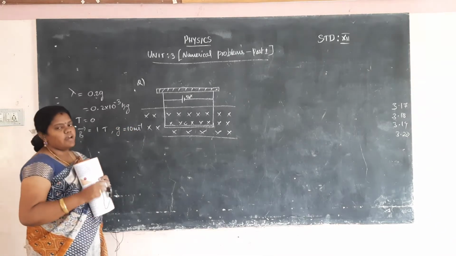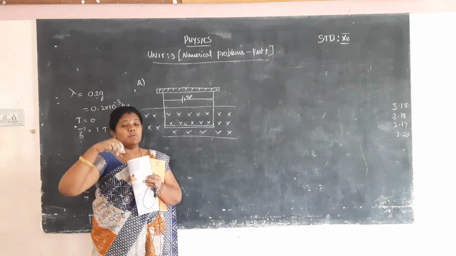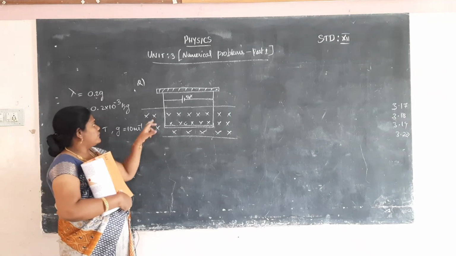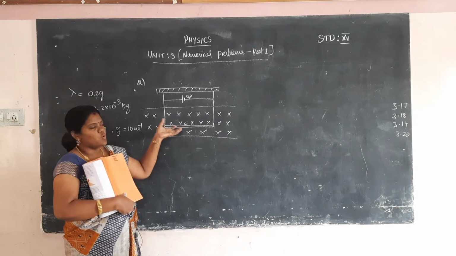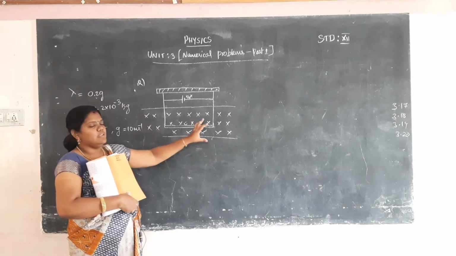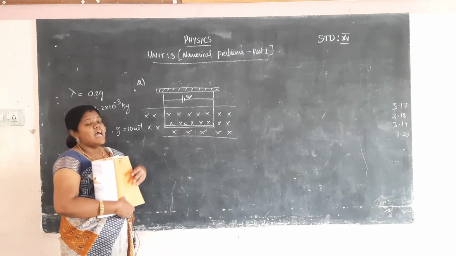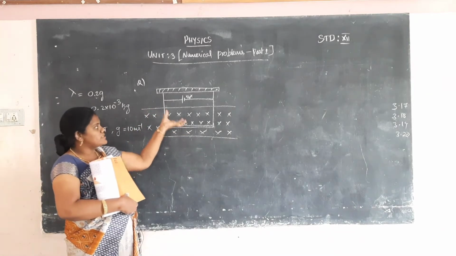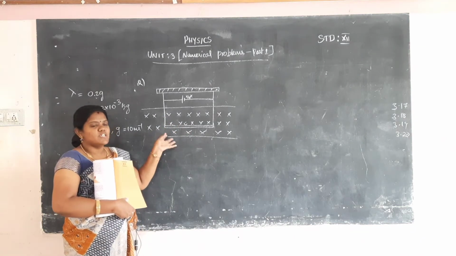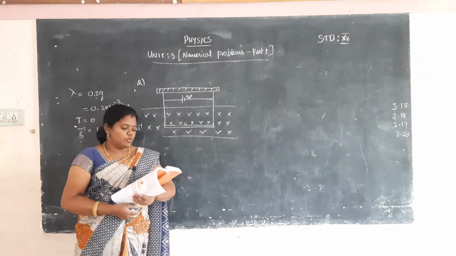So one conductor carrying some current is suspended from the rigid support by a flexible wire. The string does not have any tension, and the conductor is kept inside the magnetic field. So the magnetic field creates some magnetic force, and the downward gravitational force also acts. So the Lorentz force acting on the conductor is equal to the downward gravitational force. Okay, so two forces act.